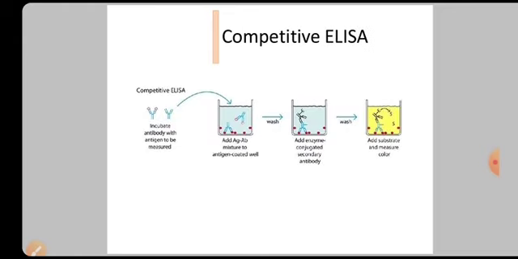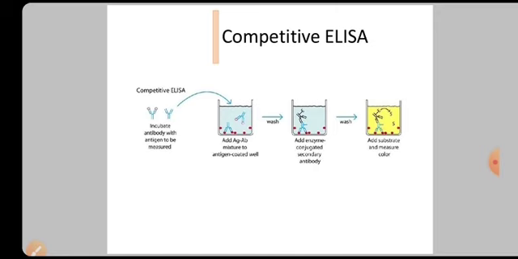Now the next technique is the competitive ELISA, where you take an antibody, that means a prior produced antibody. To this you add a coronavirus. The antibody-coronavirus complex is formed outside, not on the well, but in some vials. Then you add this mixture to a coronavirus-coated plate. If the antibody is already bound with coronavirus, it cannot bind in the well. Then you add secondary antibody conjugated with enzyme, and then you add a substrate.